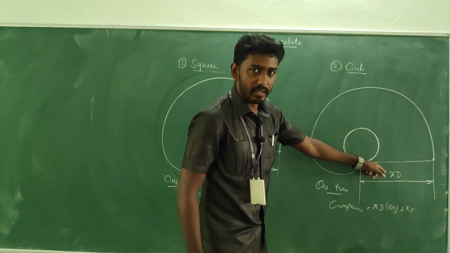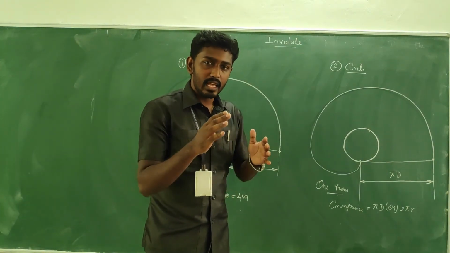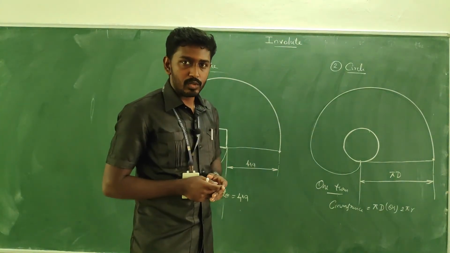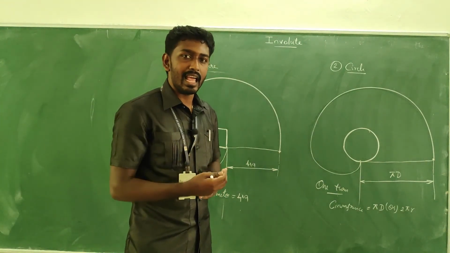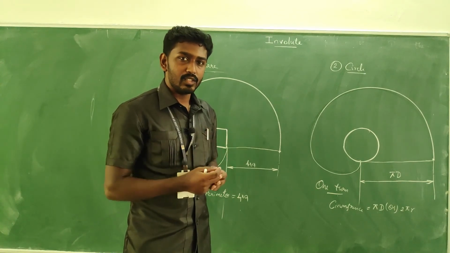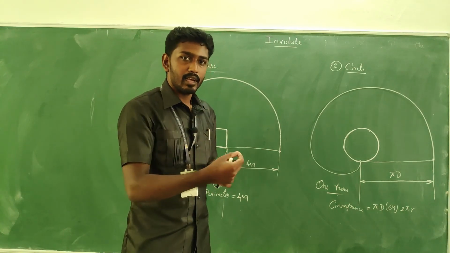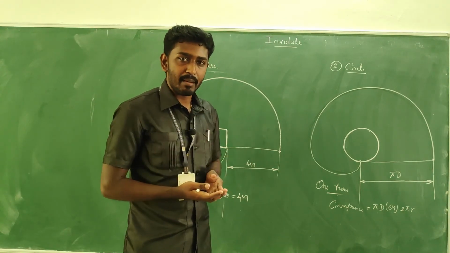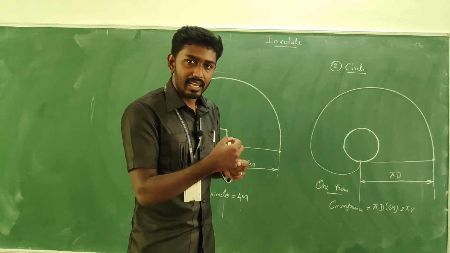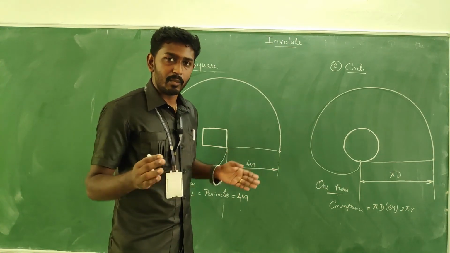In the coming videos I will be posting problems based on the square and circle involute, and there I will give a detailed explanation of how to construct them. I will also explain what happens in the trace when the thread is more than one tan, and how it traces when the thread is less than one tan. I will come up with the problem.